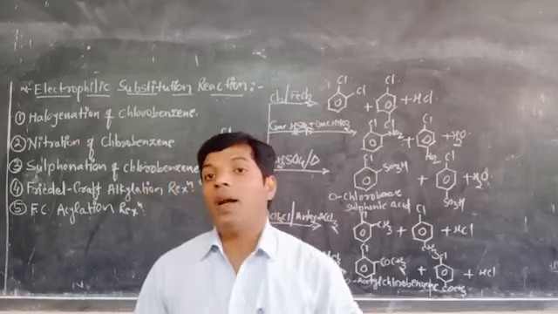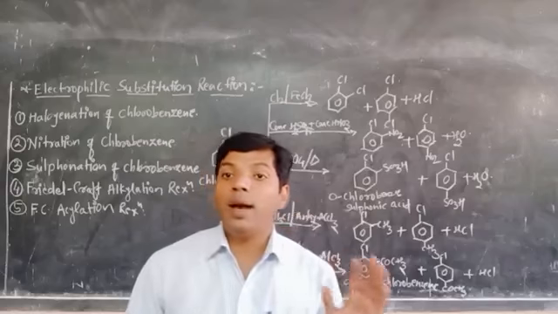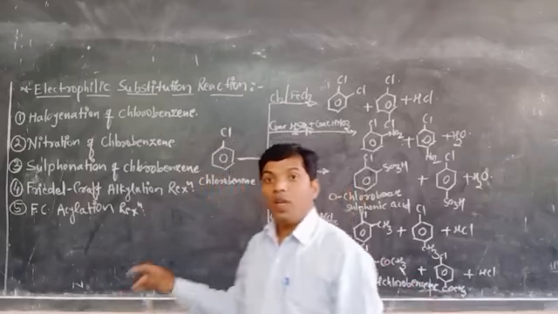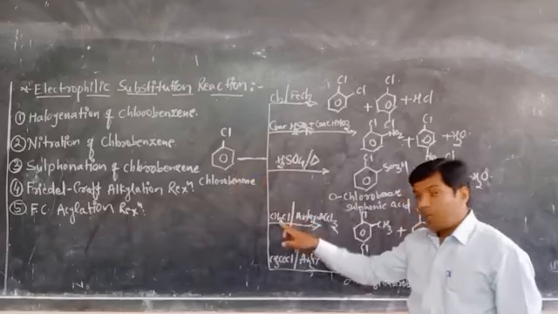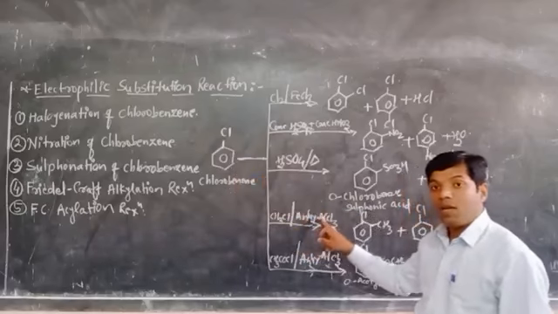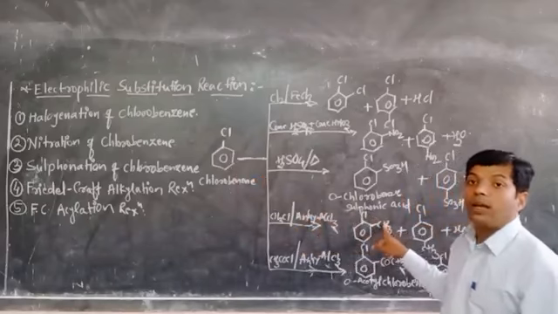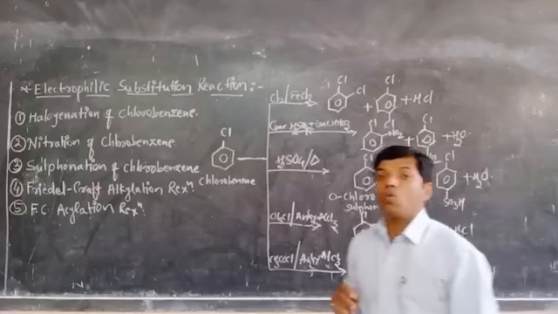The alkyl part from the alkyl halide is substituted at the ortho and para positions, and that is called the Friedel-Crafts alkylation reaction. So in the Friedel-Crafts alkylation of chlorobenzene, chlorobenzene is treated with methyl chloride in the presence of anhydrous AlCl3. It gives 2-methyl chlorobenzene as well as 4-methyl chlorobenzene,